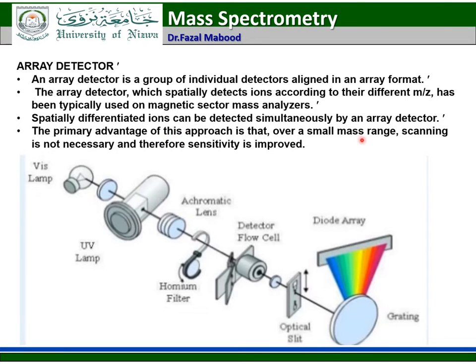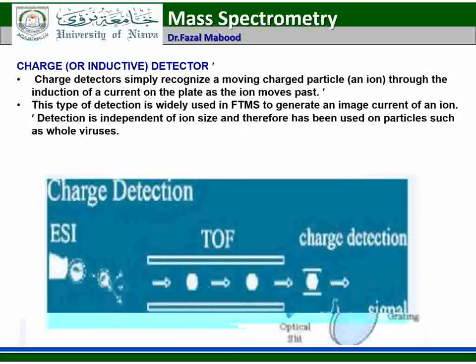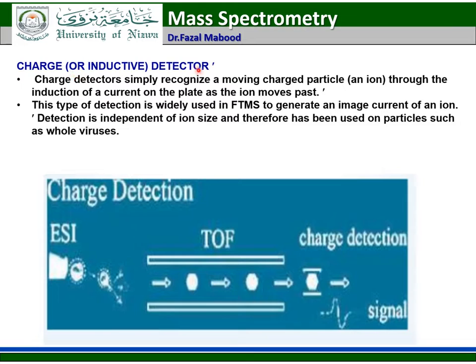Charge or inductive detectors. Charge detectors simply recognize a moving charged particle or ion through the induction of a current in the plate as the ion moves. This type of detection is widely used in FTMS to generate an image current of the ions. Detection is independent of ion size and therefore has been used on particles such as a whole virus. Here you see charge detection with time of flight. When the charge reaches here, there is only a detection of the charge, and it doesn't depend on the particle size, but it depends on